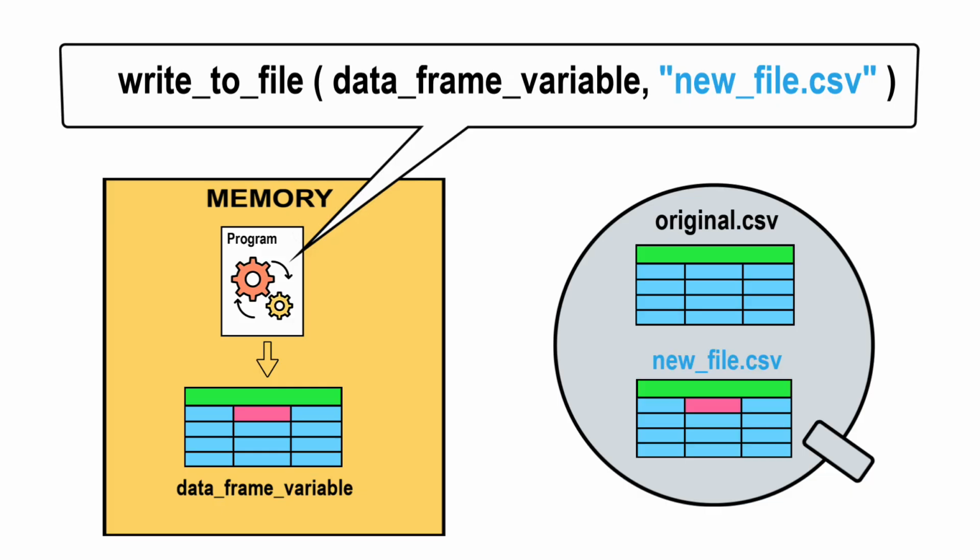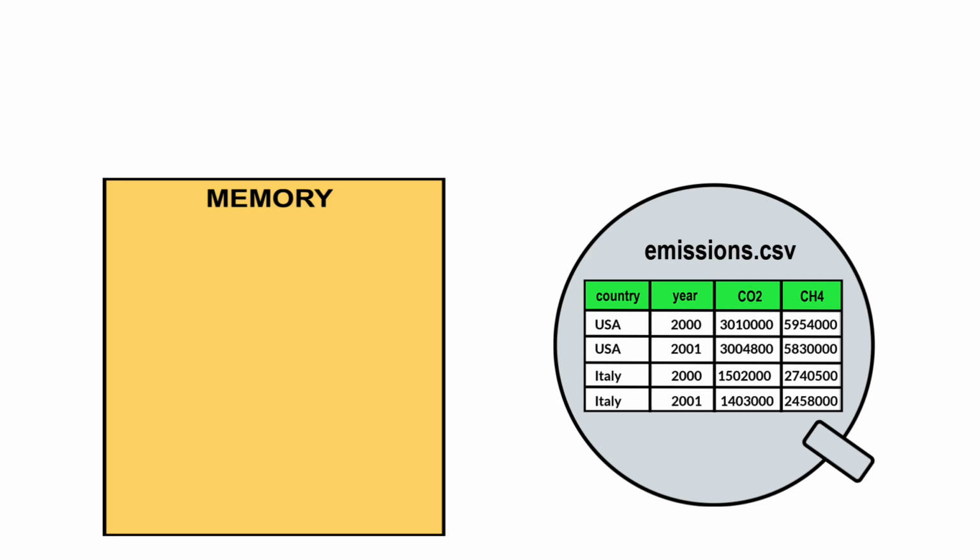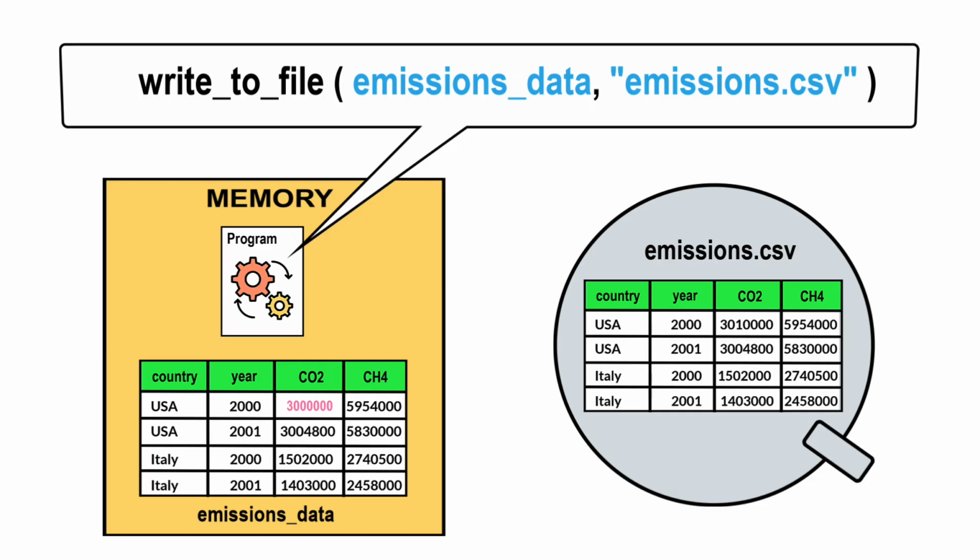program. Returning to the emissions example, assume that the CO2 emissions in the first row had been changed by our program to 3 million. If the program ended without writing back the data frame, that change would be lost when the program ended, and the file on the hard disk would maintain its original value of 3,010,000. However, if the command writeToFile(emissionsData, emissions.csv) was executed, the changes made by the program to